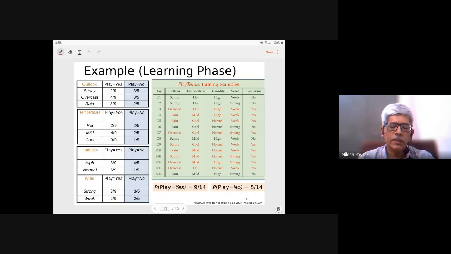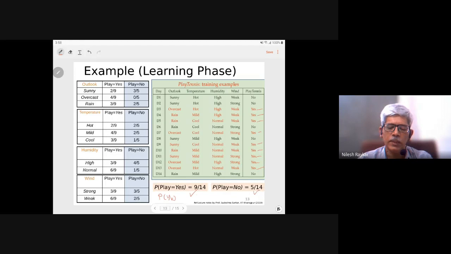So the first thing is simple. What is the probability? This is what you see on the bottom side. This is P(Y_K), the probability of playing irrespective of climatic condition. How many yeses are there in the data set? We already solved this in the quiz: 1, 2, 3, 4, 5, 6, 7, 8, 9. So this is 9 by 14. And the probability of not playing irrespective of climatic pattern is 5 by 14.